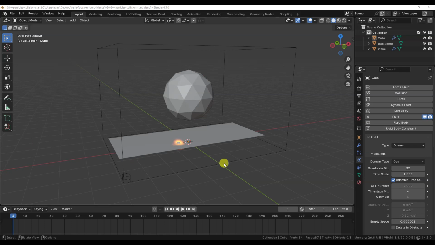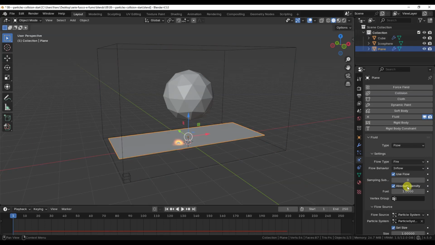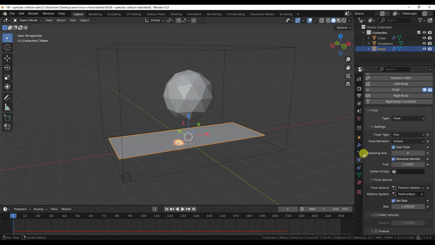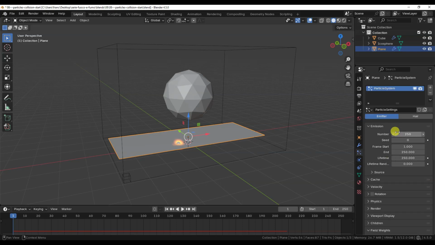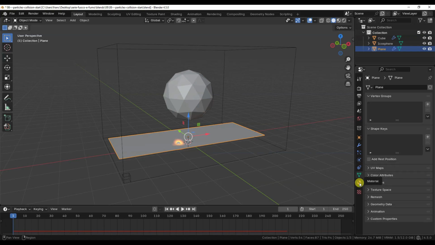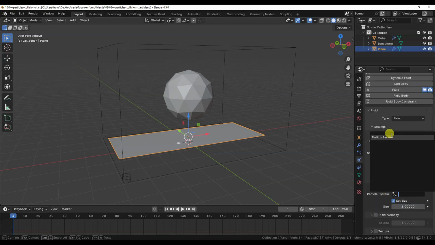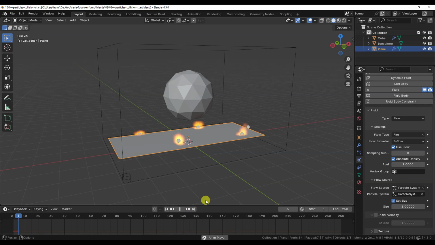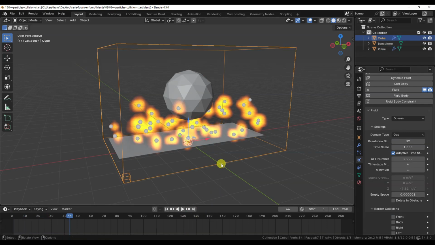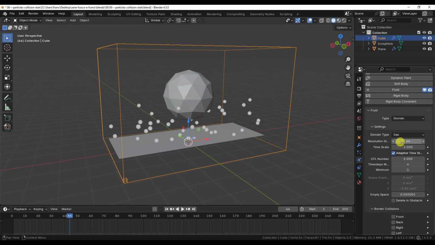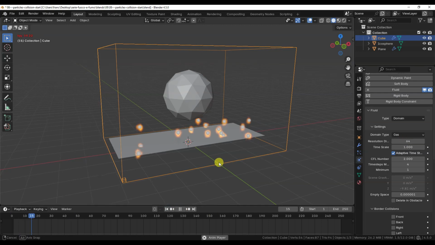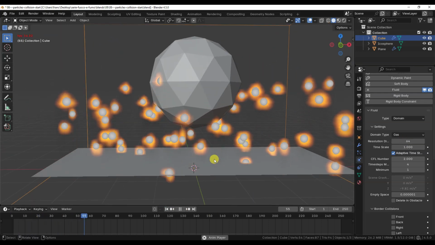Before moving on to guide objects, we need to clarify another point about collisions. In the scene I'm using, there's a plane emitting particles upward. To make the particles rise, I disabled gravity in the particle system settings. The emitter object is also an inflow object for the fire simulation. So I changed the flow source to particle system and specified the particle system I had created in the corresponding field. To ensure the fire particles aren't much larger and blockier than the system's particles, I increased the domain resolution.